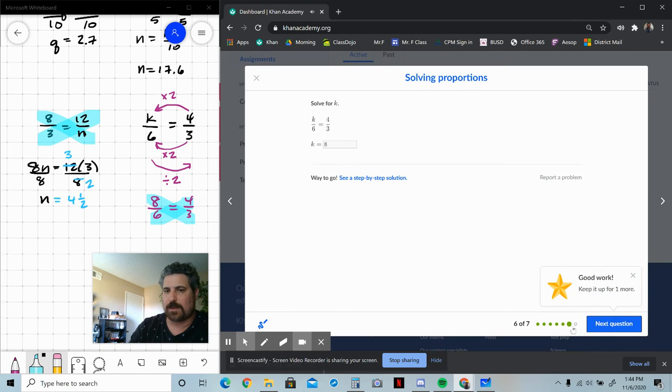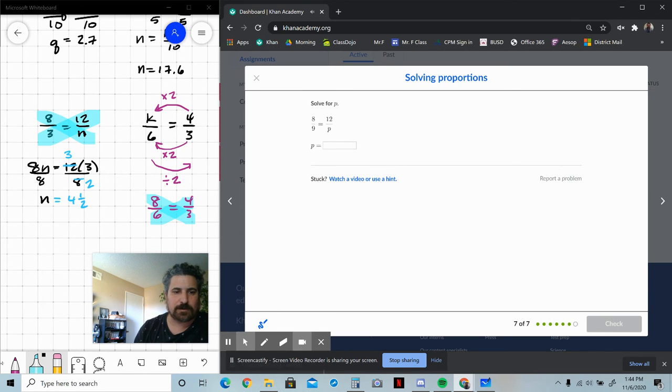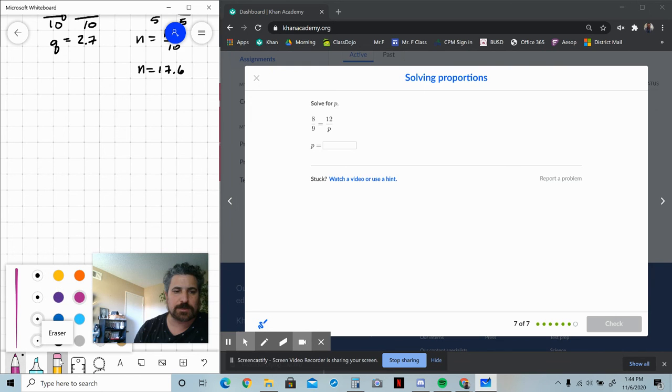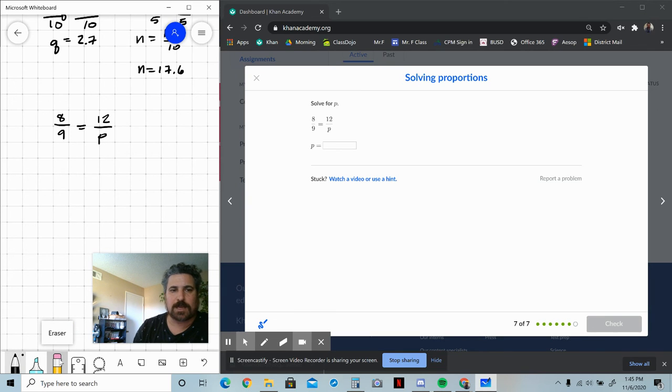8. And then we go to the next one, and this is where I'm going to have to erase some space here. Bye-bye stuff. And we're going to do this one again. All right, so this time we've got a relationship, and the relationship we're looking at is 8 over 9 is equal to 12 over p. Once again, I see that this is 2 and this is 3. Basically, I'm talking about 2 times 4 and 3 times 4. So you could think of it as 8 times 3 halves equals 12, and 12 divided by 3 halves equals 8. But more than likely in this situation, you wouldn't say you easily saw a relationship, so you just do